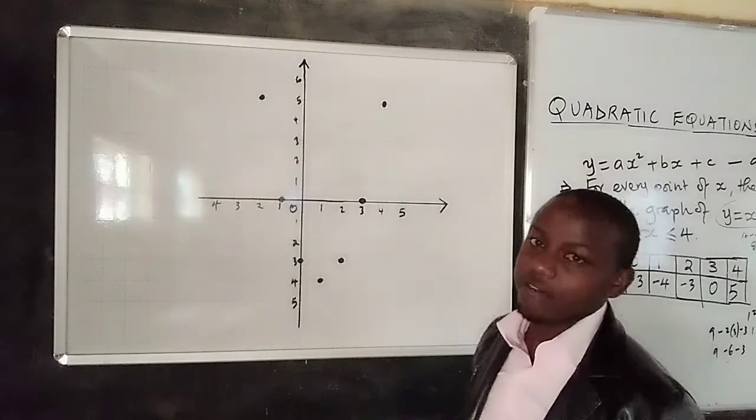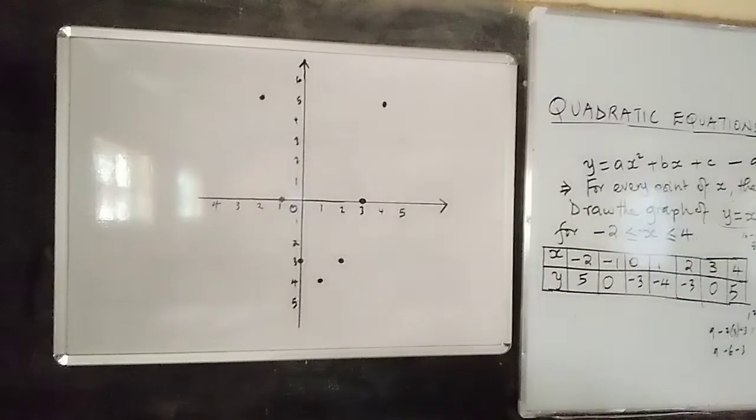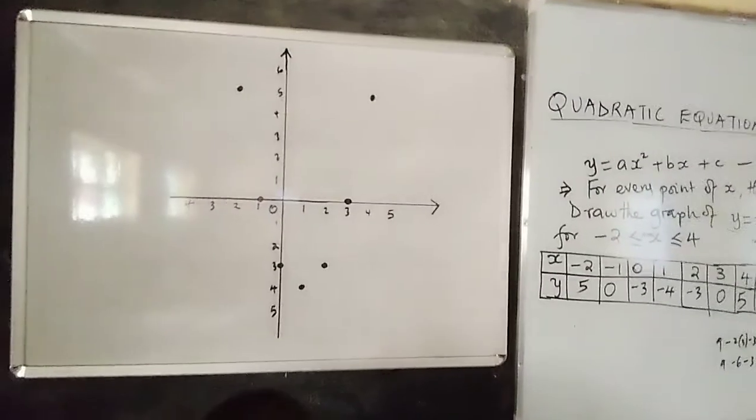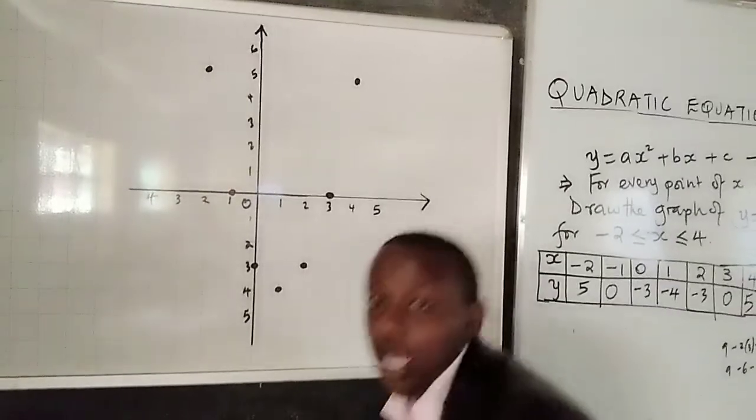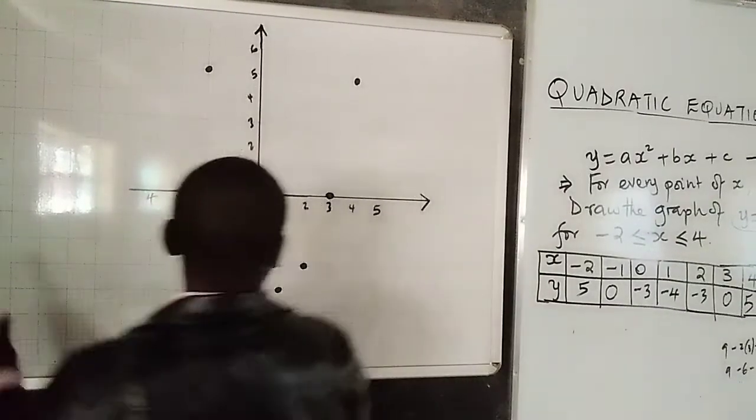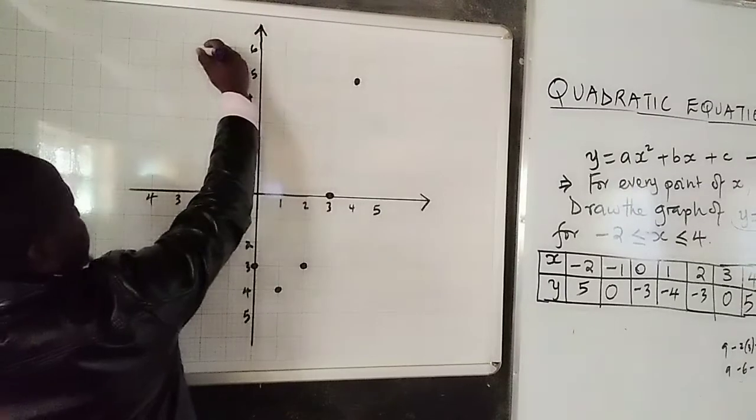They should remain very visible. So let me focus on the graph now. So we want to join these dots to come up with a quadratic graph. Therefore, from this one,